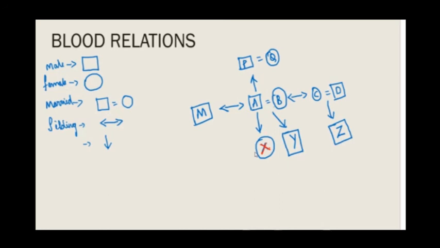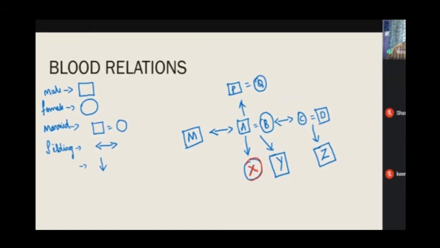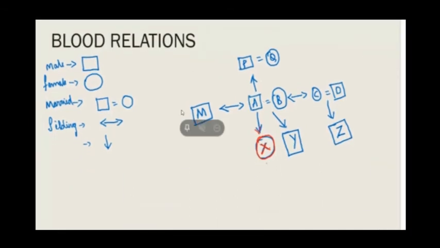What is the relation of X with respect to B? With respect to B, X is nothing but daughter of B. Now, how do I say daughter? Daughter I've denoted in a circle. When it is a circle, it is a female. This downward arrow mark indicates one generation leading to the next generation, right? Now, what is the relation between X and Y? A and B are father, mother. So X and Y are brother, sister. So sibling relationship, brother and sister.